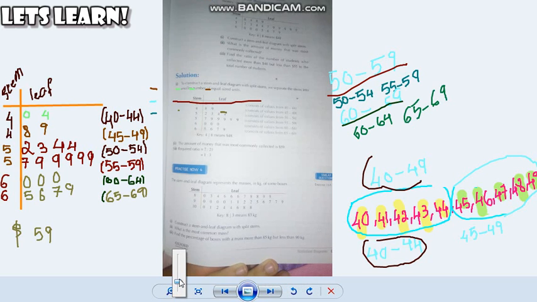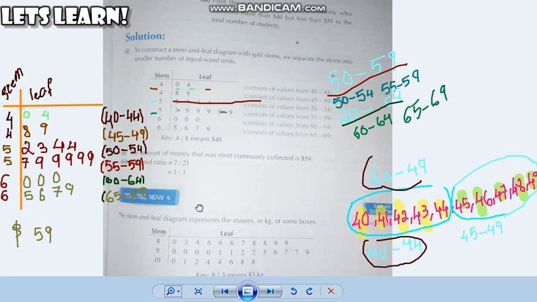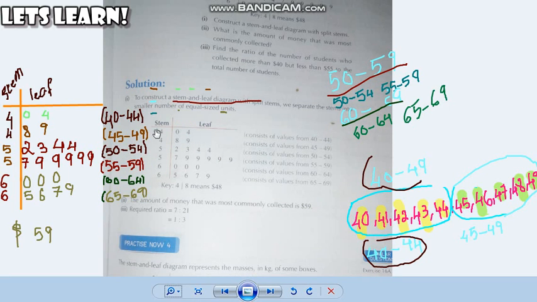If I zoom in a bit, you guys will be able to see your answers. These are just the same. सिर्फ फ़र्क ये हुआ कि आपको मैंने करके दिखा दिया। To construct a stem and leaf diagram, I'll just be rubbing some part of here so to make it clear. Like this.